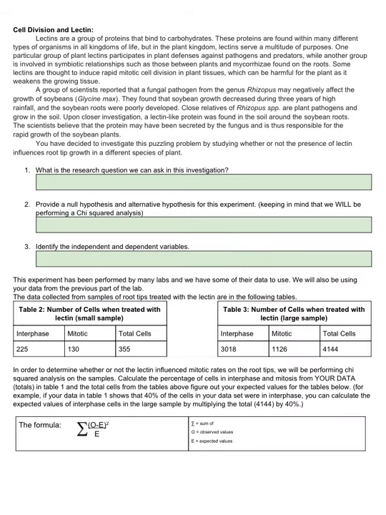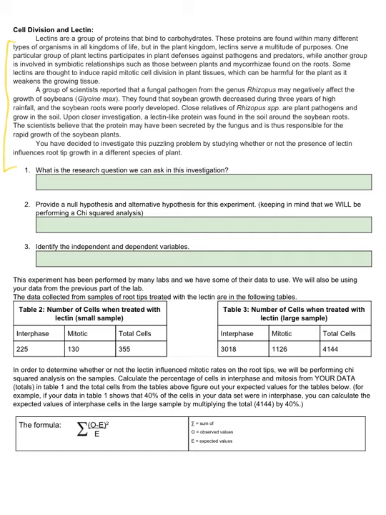For this portion of the lab that you're going to be doing today, I'm going to have you pause the video, read through the background, and then answer these 3 questions on your own. Here we have 2 samples of data, a small sample and a large sample, comparing the number of cells going through mitosis to those that are not treated with lectin. To determine whether or not lectin influenced mitotic rates of root tips, we'll be performing a chi-squared analysis on the samples to see if it's a